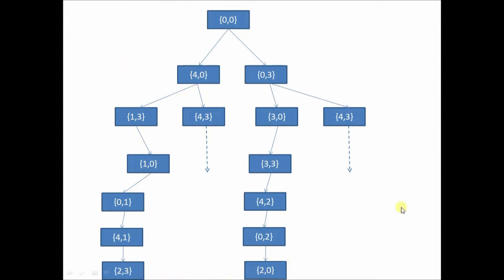Now whenever in a state space you have multiple goal states, how do you find the optimal solution? For that you require something called a control strategy. Control strategy, as we have already seen last time, tells you that if there are multiple rules available, which rule is to be applied next. And when 2 rules can be applied simultaneously, it will tell you which rule to apply first. We will see this.